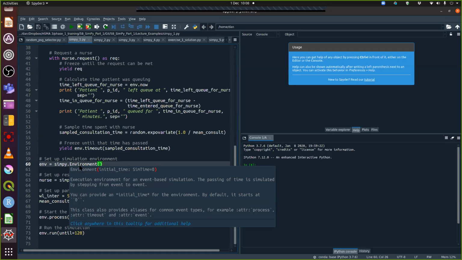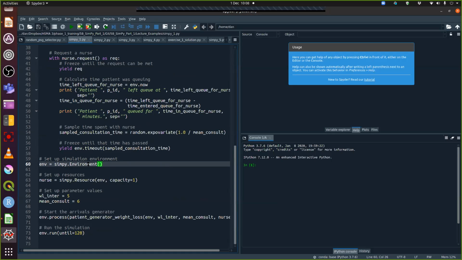You can call it whatever you like, but env is the standard. And we say that's a SimPy environment. So we've created an instance of the SimPy environment class. This is the magic environment that's going to control all this for us. This is doing all the hard work, so we don't have to tell it